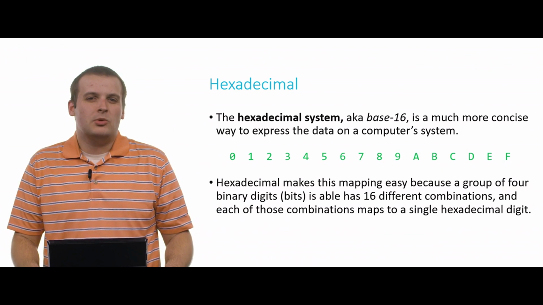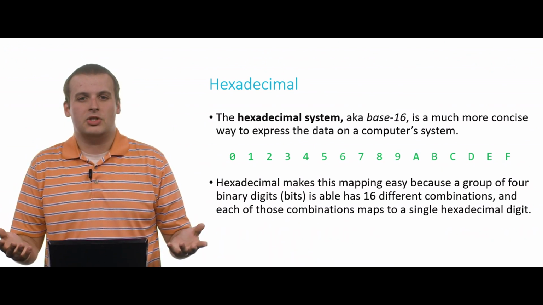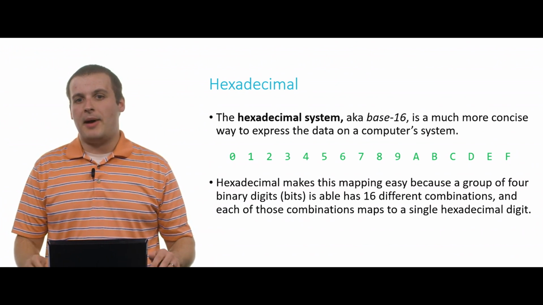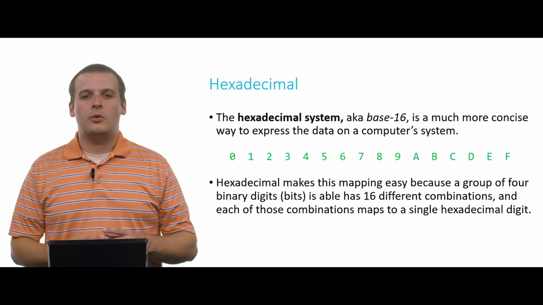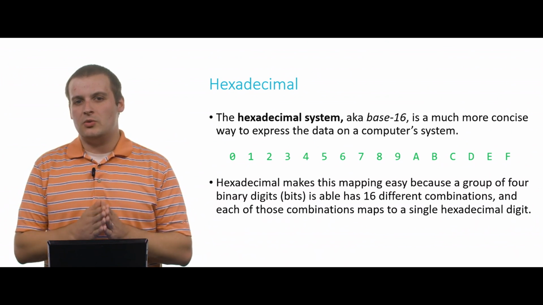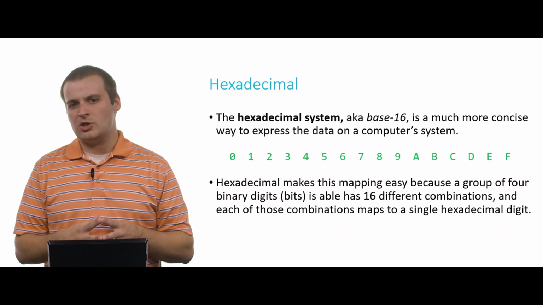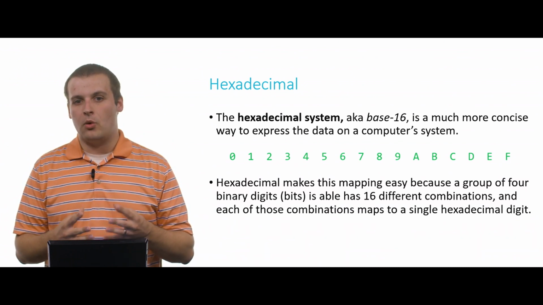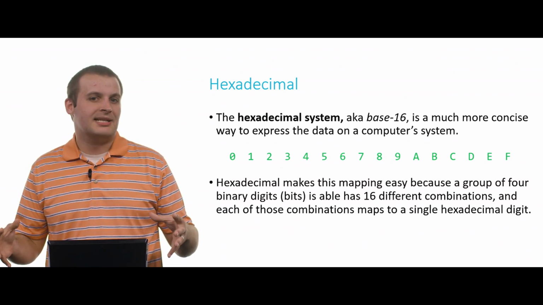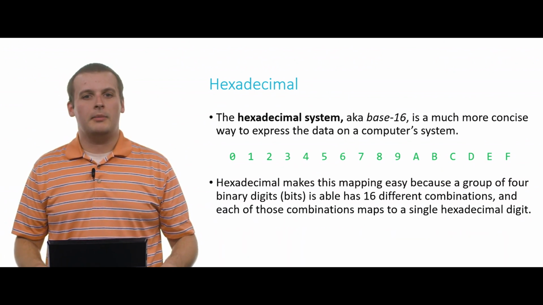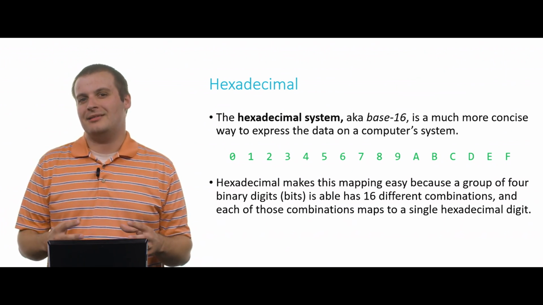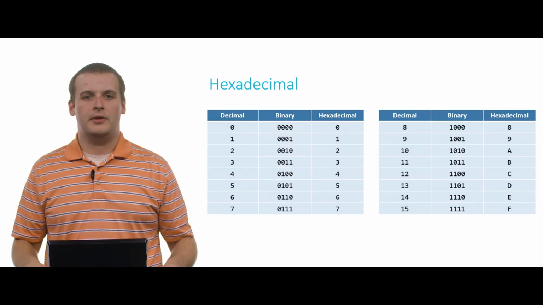So why is hexadecimal cool? Why do we need to use this other additional base? We already have 2 and 10. Why do we need 16? Well, 16 is a power of 2. And so each hexadecimal digit, 0 through F, corresponds to a unique arrangement of 4 binary digits, 4 bits. And so in that sense, we can express very long, complex binary numbers in hexadecimal in a much more concise way without losing information or having to do particularly cumbersome conversions on those numbers.